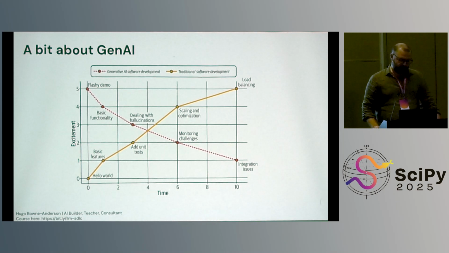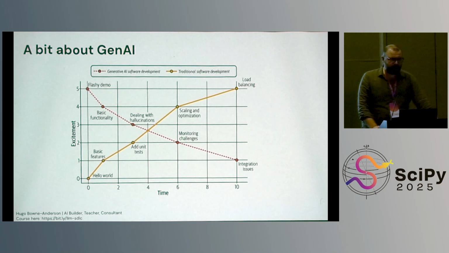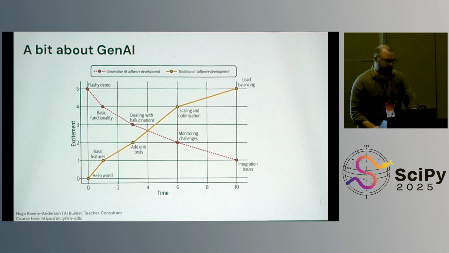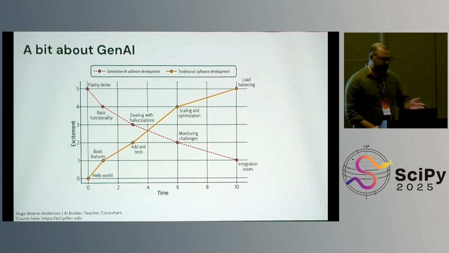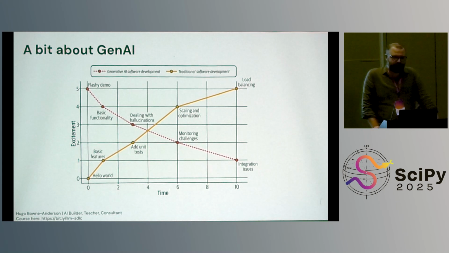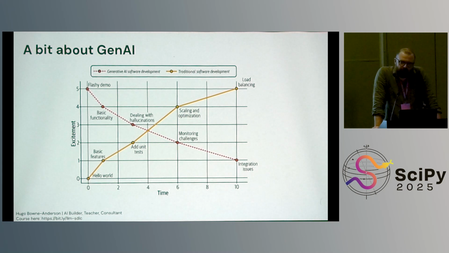Now, with generative AI, this is totally inverted, right? It's actually the perfect technology for an Instagram civilization. You get a huge hit of dopamine immediately. Also, I must apologize. I've shown this figure before, and I've never felt like yesterday I need to apologize for not putting units on my axes, but as I'm at the SciPy conference, I really should. Also, people have objected, how do you measure excitement? You can measure dopamine levels, I think, so let's just take that as a proxy as well.